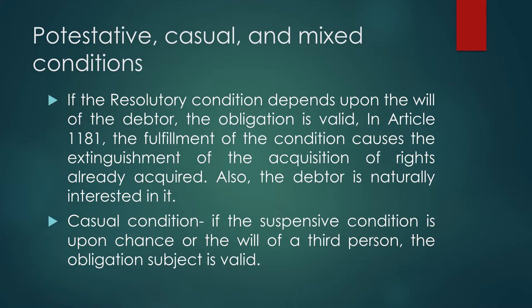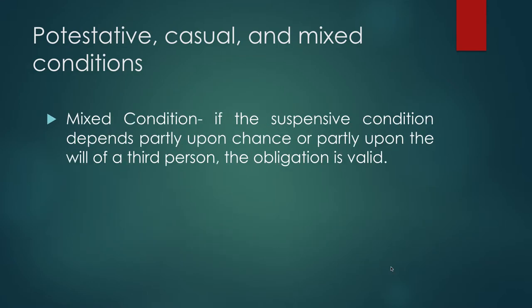For casual condition, if the suspensive condition is upon chance or the will of a third person, the obligation is valid. Casual, it's upon chance or the will of a third person. The obligation is valid if it is depending upon the will of a third person. And then there's also the mixed conditions. If the suspensive condition depends partly upon chance or partly upon the will of a third person,